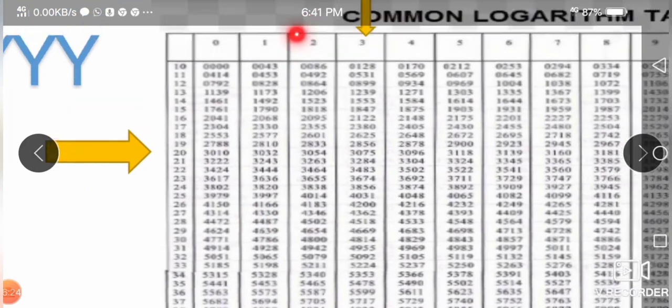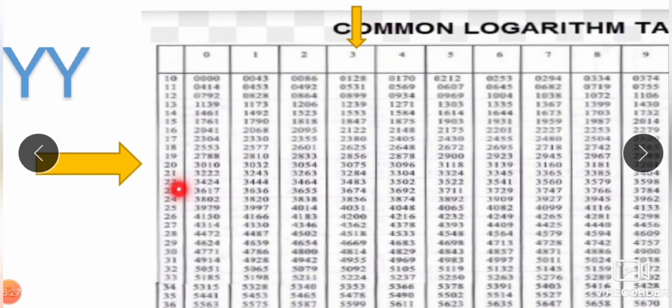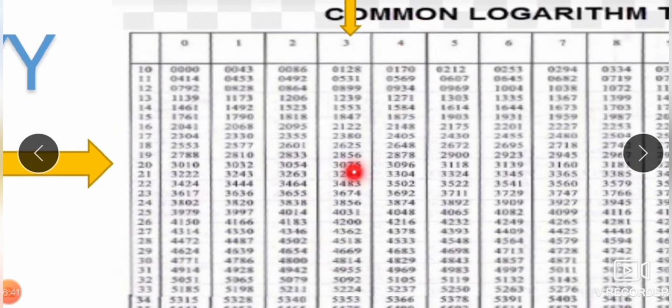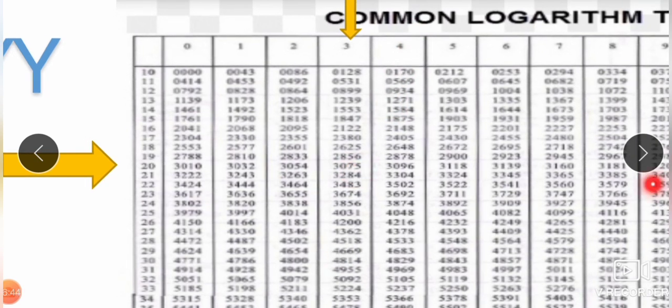Value of 21 for the row 21 in this column 3 is 0.3075 plus